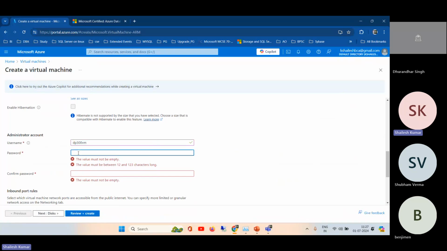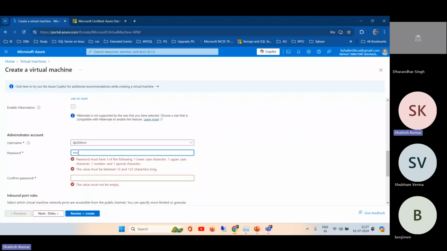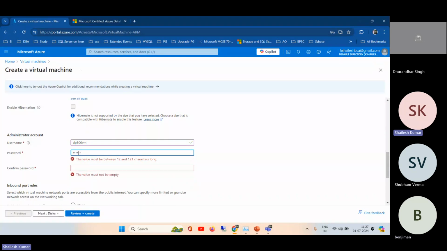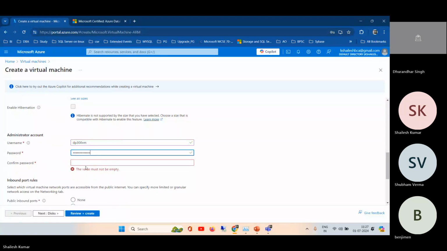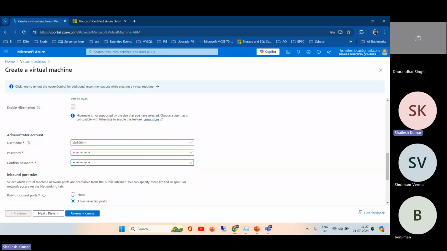And then we have a password, which we can keep encrypted or complex. Yeah, right. We have the same password.